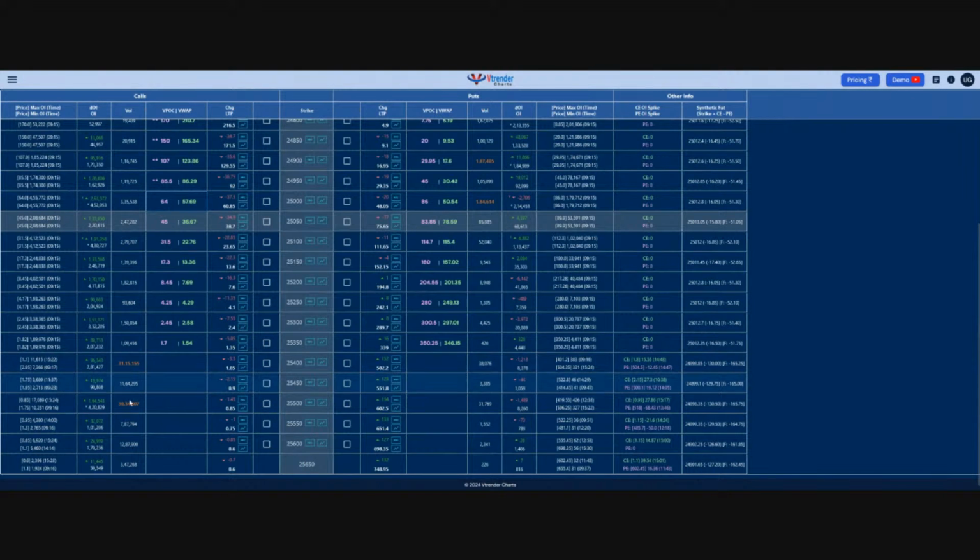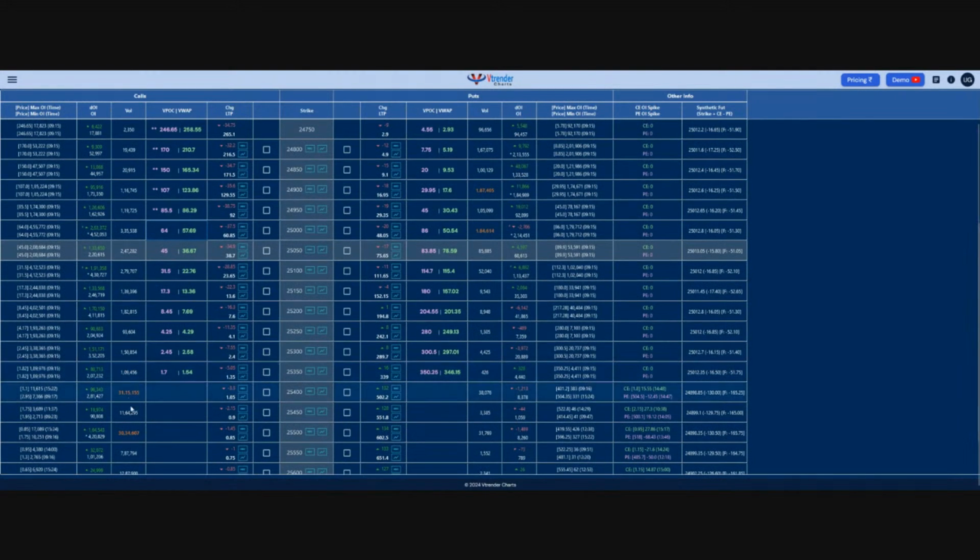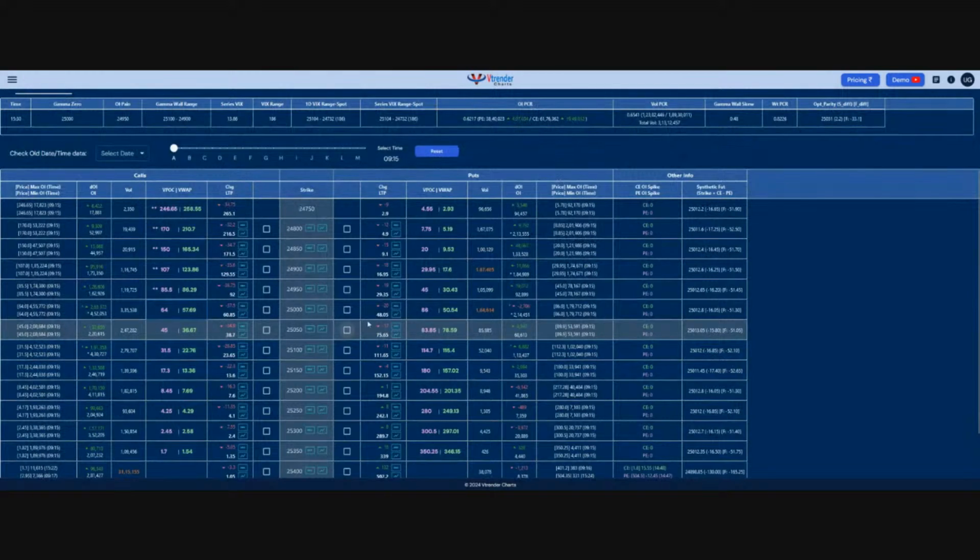So you can see how the orange volumes are indicative of highest volume being traded in any particular strike, and they could definitely be writers who were getting into this far away call option. Whereas on the put side, 25,000 and 24,900 were where the volumes were focused as of yesterday's close. So we have the open interest, the day change of open interest column, and similar price, max OI and minimum